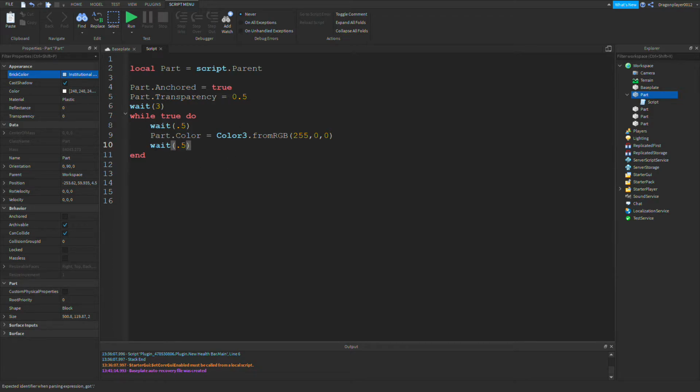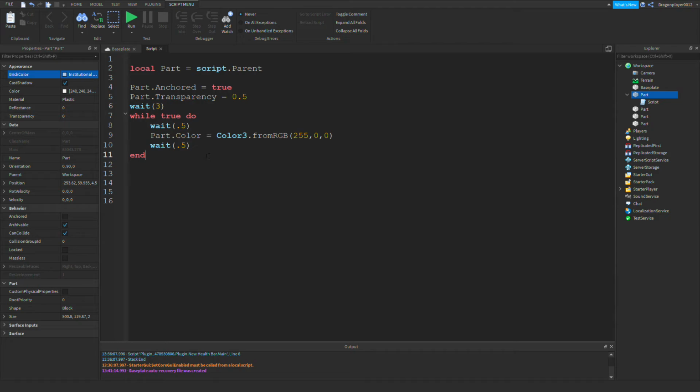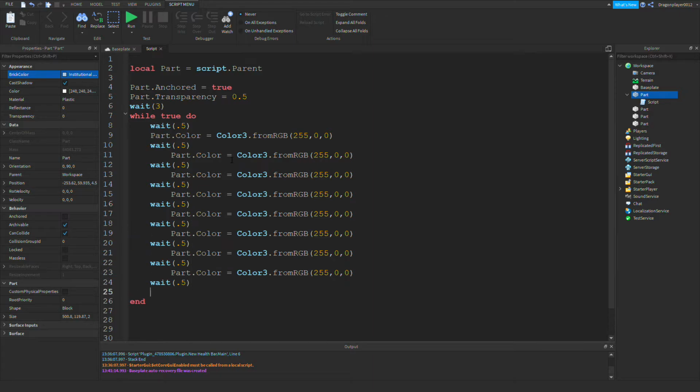0.5 seconds is basically the same thing. And then we could just copy paste these two, if Roblox will allow me to, thank you, by pressing Control C. And then misalign. Oops. This is why we've got our back arrow, and then we could keep copy pasting it, and we could set the color to, let's say